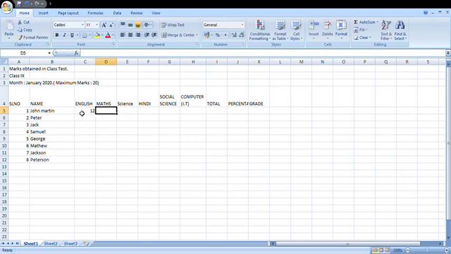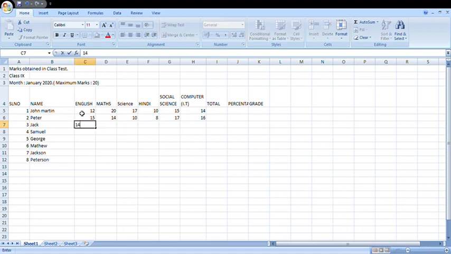Suppose 12, suppose 20, suppose 17, 10, 15, 25, 25 marks. So 14. Now you just enter the marks like 15, 14, 10, 8, 17, 6.